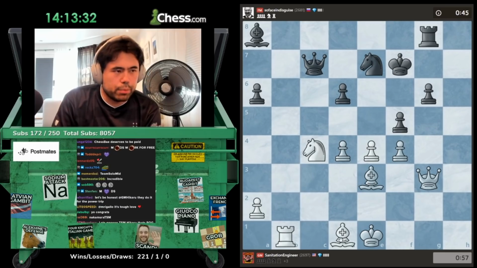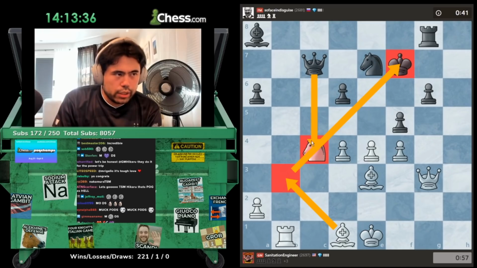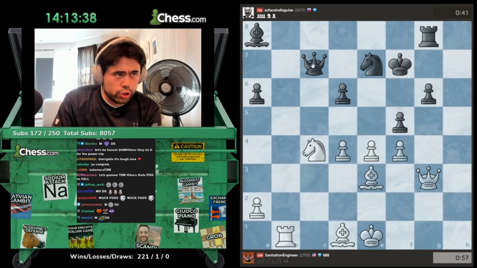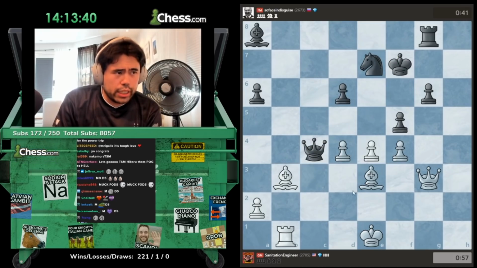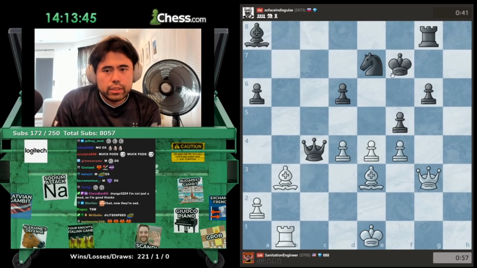This is why bishops are like snipers. They're so good from distance. Like his king is in check if he takes this knight because he loses. So just to show you guys, on takes here, he can't move the queen anywhere else because his king, I would capture his king. So